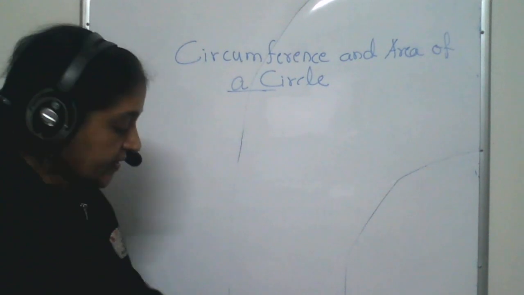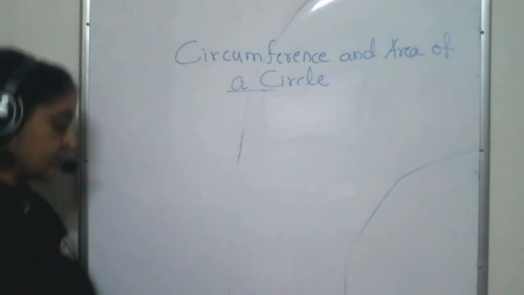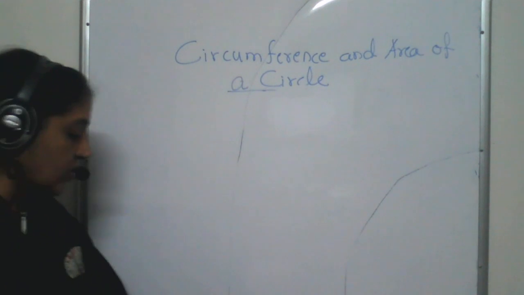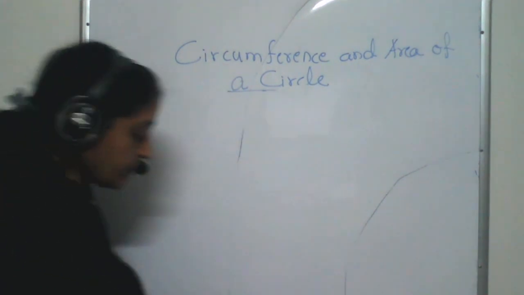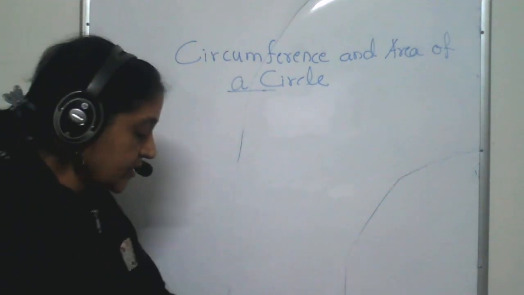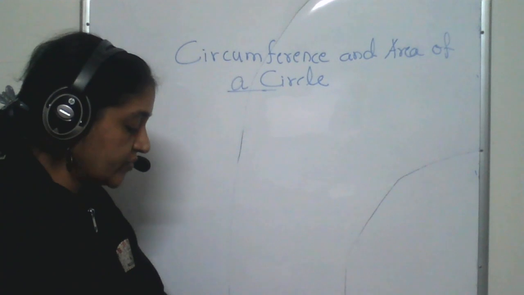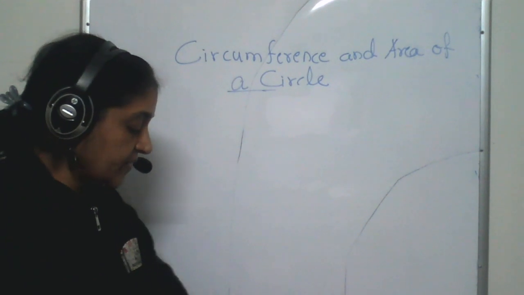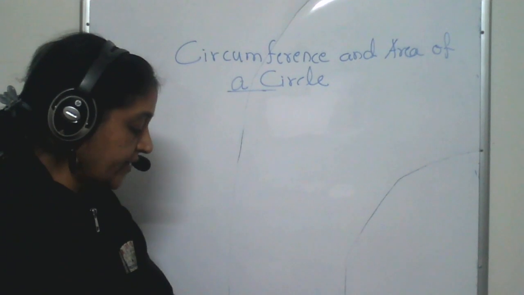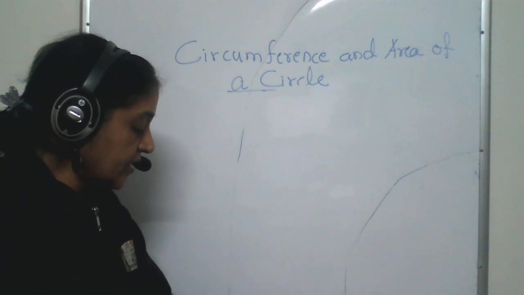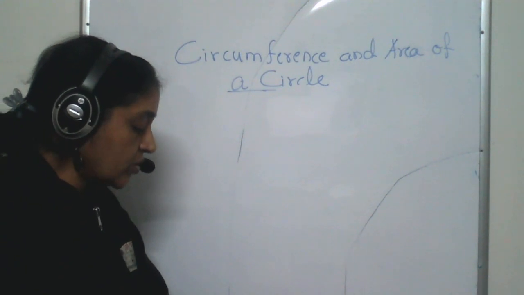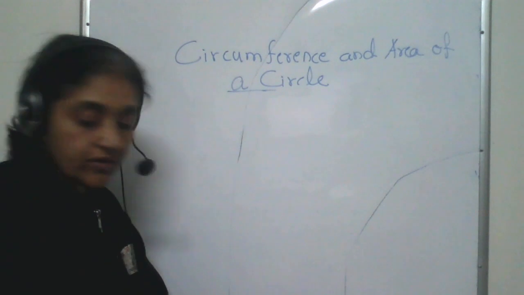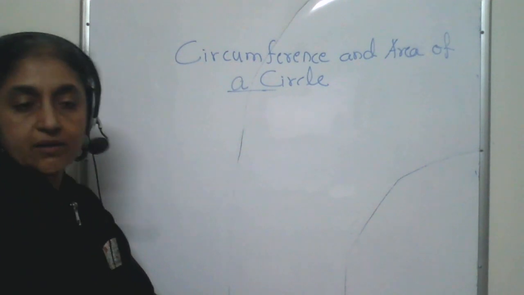So the question that I have picked from the list of questions is: a copper wire, when bent in the form of a square, encloses an area of 272.25 square centimeters. If the same wire is bent into the form of a circle, what will be the area enclosed by the wire? Now to say that,